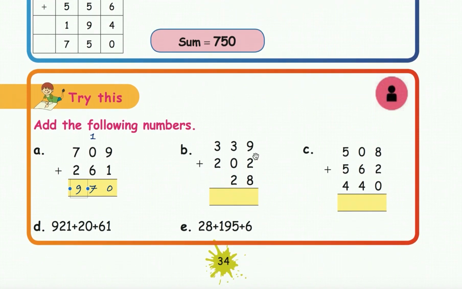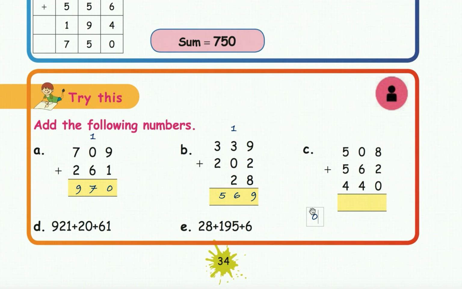Similarly, this one also. Let me do it because it may be difficult for you. That's why I am doing it for B also. 9 plus 2, 11. 11 plus 8, 19, right? Ones place 9 is there, so keep 9 here only. That 1 will go to the tens place. Keep it on the top. 3 plus 1, 4. 4 plus 2, 6. Okay, 6 has to come here. Okay, 3 plus 2 is how much? 5. 5 will come here.